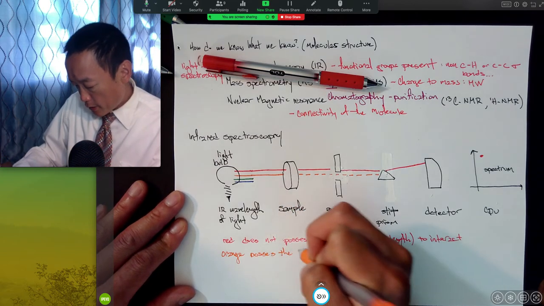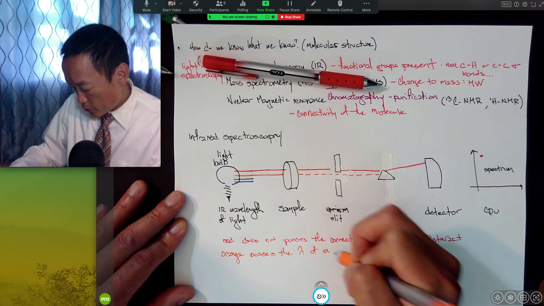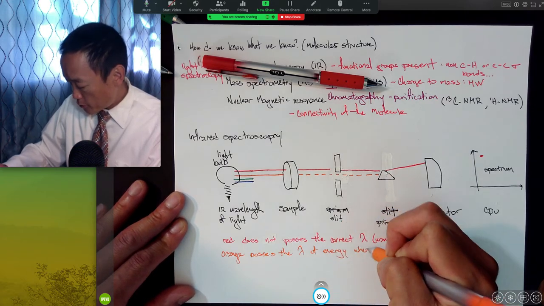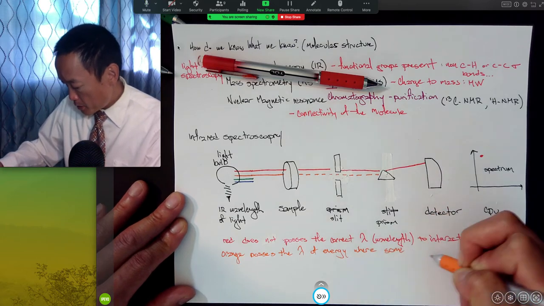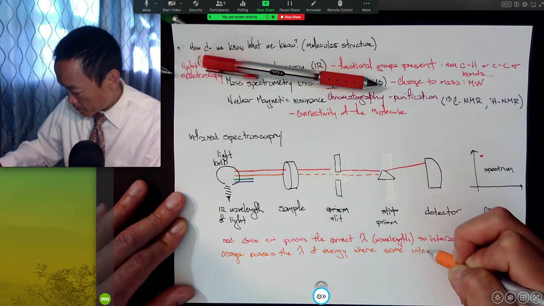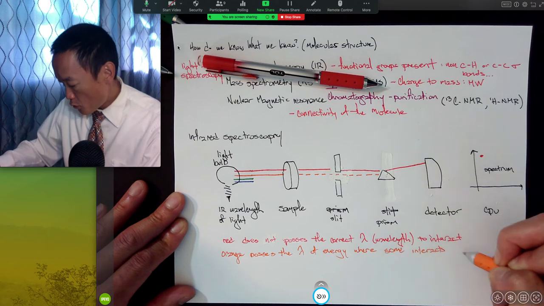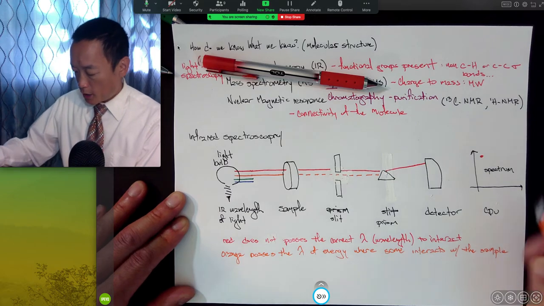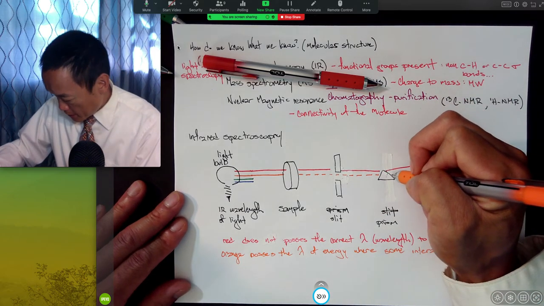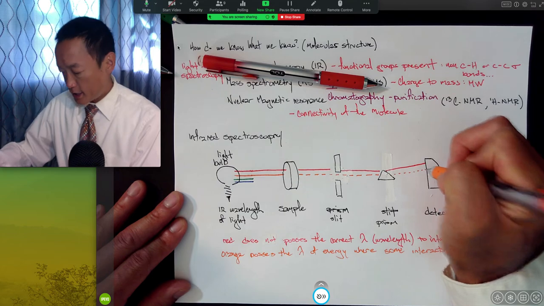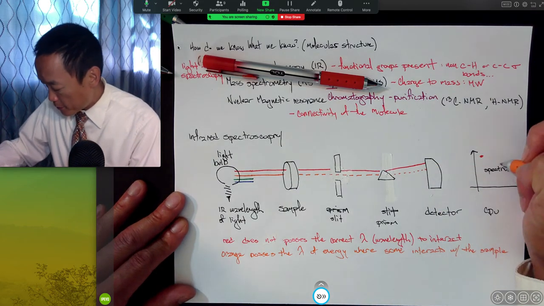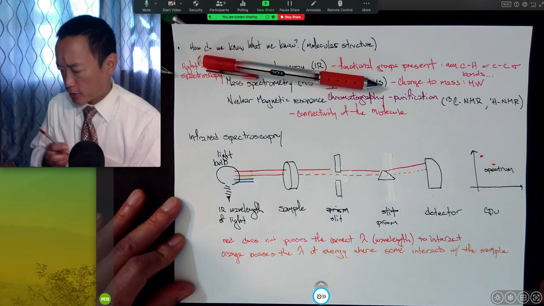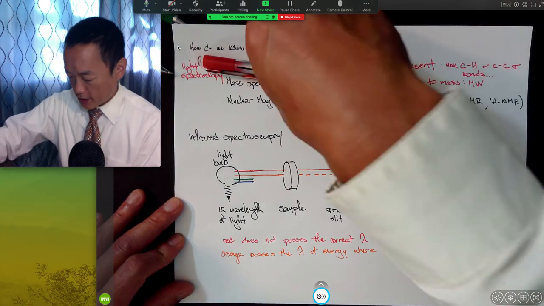And so the idea is orange possesses a wavelength of energy, where some interacts with the sample. It hits this slit in the prism, and it gets deflected, and it hits our detector, and that's going to appear somewhere else in our spectrum, right here. I know that doesn't look as clear as a dot, but you guys can get through.